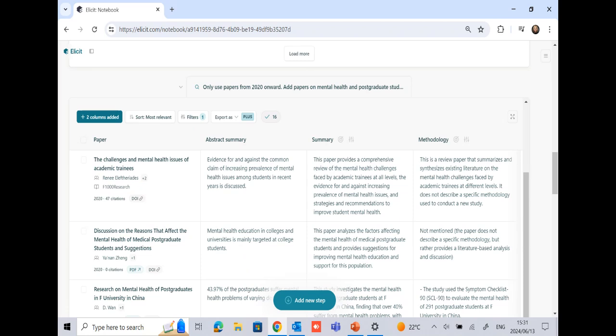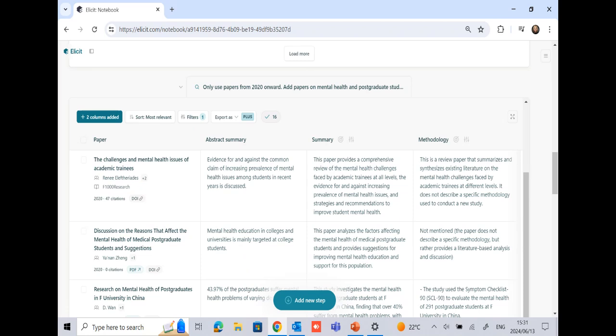I haven't shown you the new summary, but what I wanted to show you is what Elicit does: it gives you the paper. It tells you who the author is, sometimes the journal. What you can immediately see, other than the date, is the number of citations.